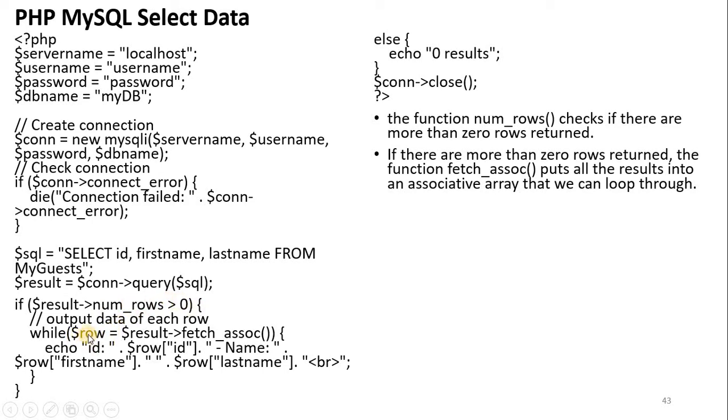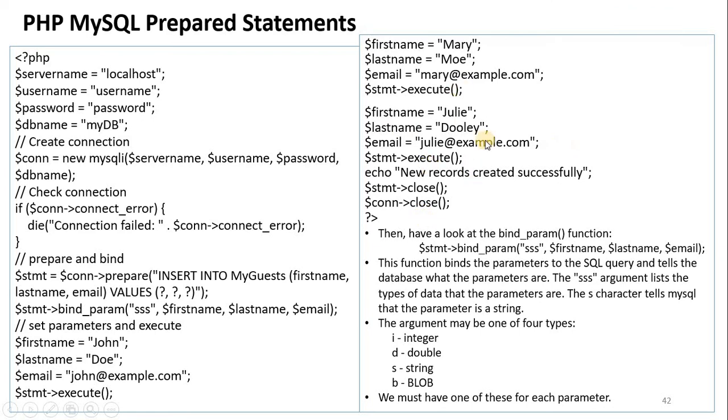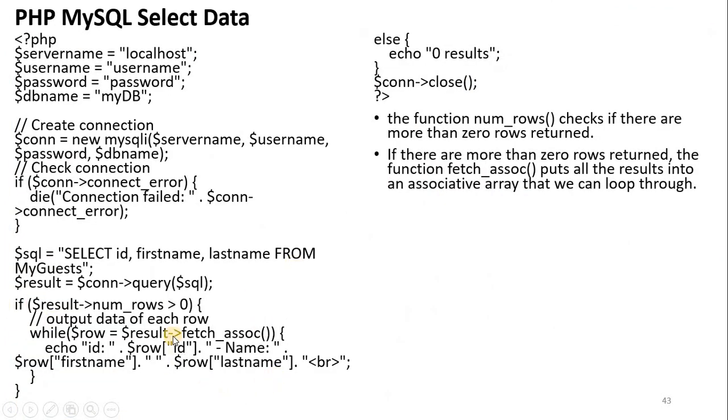So it will print the first row. Initially the row is assigned 0. So with the fetch_assoc function it is going to print the first row values. Okay. Next it increments to 1, next 2, next 3, and it goes on incrementing until the condition is not satisfied. Now you need to know two functions here, num_rows and fetch_assoc. The num_rows function checks if there are more than zero rows. In this example I have inserted 3 rows, so now it will print 3 rows of data.